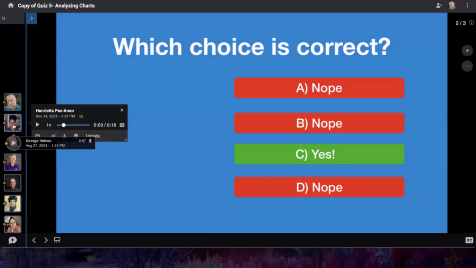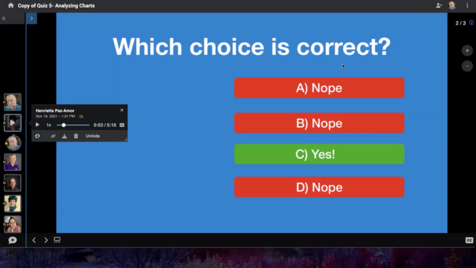Private replies work as kind of bookends to comments that have been moderated, right? So when you turn on comment moderation, all of the student comments are moderated. If you want to reply to them, use the private reply feature. So that's the basic idea behind comment moderation and private replies.